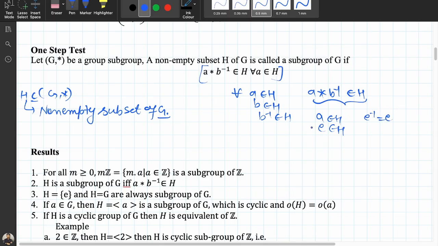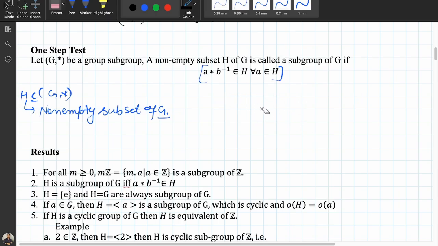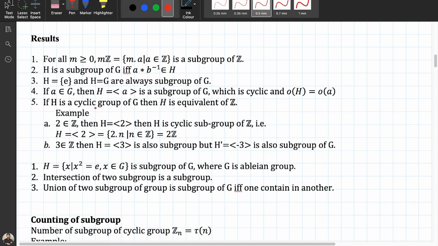Okay, so if I take a into a, identity, inverse, that is simply inside the H. So it means that instead of checking all those four properties, we can check this one property, a star b inverse, and this is known as the one step test for subgroup. Okay, now we'll discuss some results on the basis of